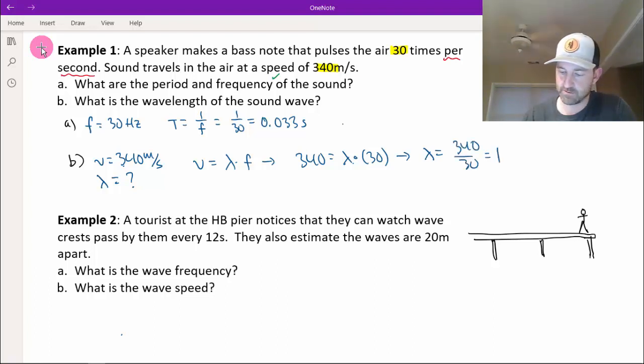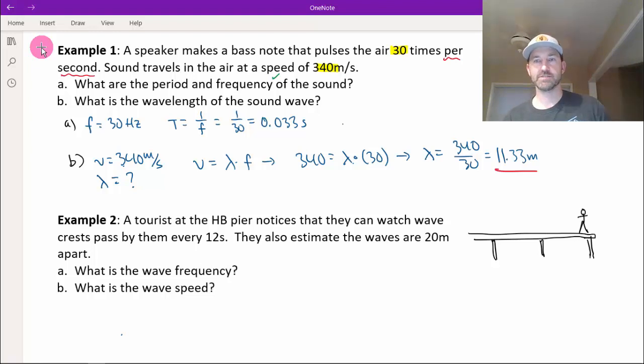11.33. So the distance from crest to crest for these bass notes is 11.33 meters. That's big, all right? That's 35 feet roughly. So if you've got a bass in a small compact room, it's gonna go all crazy